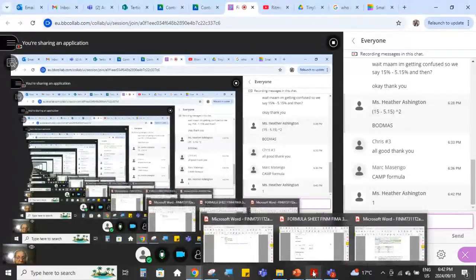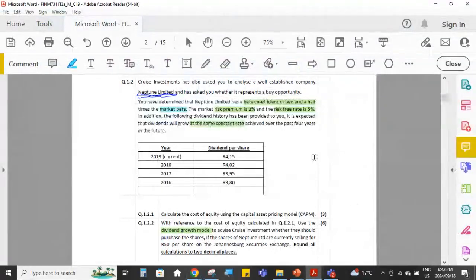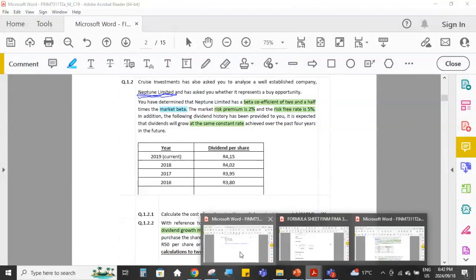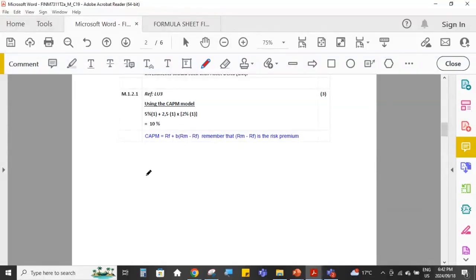So our question said Neptune Limited's beta is 2.5 times the market beta. So 2.5 times 1, the beta for Neptune is 2.5. Remember CAPM stands for the Capital Asset Pricing Model. And it's very important that you remember, and it tells you this in the textbook, in this write-up about CAPM, at the end of your Chapter 3, that CAPM,